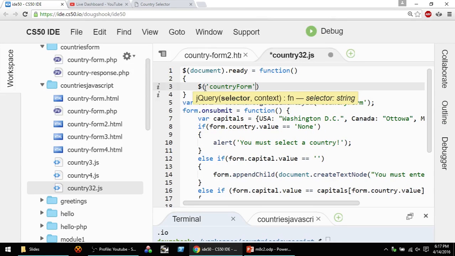This is almost there. There's just one little piece that I need. What's missing? What is country form? Country form is what? It's an ID. So how do I pull stuff by ID using jQuery? I use a hash, just like we did in CSS, right? I use a hash. All right. So I pull that element,